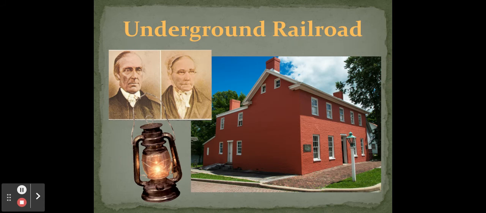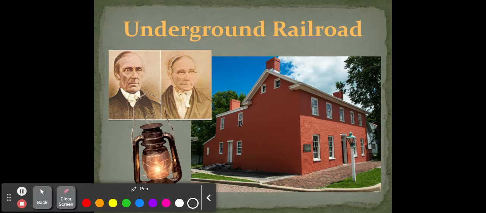One of my very favorite things about Indiana is called the Underground Railroad. And a long time ago, we've talked about slaves and how slaves are not free. But this was a couple. Their names are Levi and Catherine Coffin, and they lived in this house. And I'll show you in a minute on the map where they lived. And the front of their house looks pretty normal, but in the back of their house, they have, let me show you,